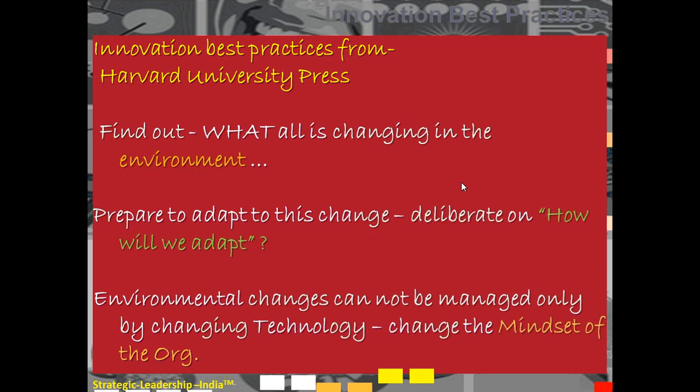The next one being, the environmental changes cannot be managed only by changing technology, and that's the best part of a video that I saw on YouTube. He says most people just want to go ahead and manage change through technology. There's a lot of organizations that do that. Technology change management, let's implement this, let's put in an ERP, let's put in an LMS, let's do this, let's do that. But only those things will not work. The mindset of the organization initially to begin with, and going ahead, the entire culture of the organization has to